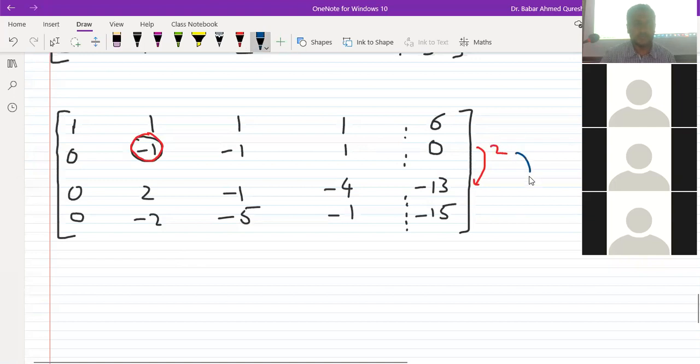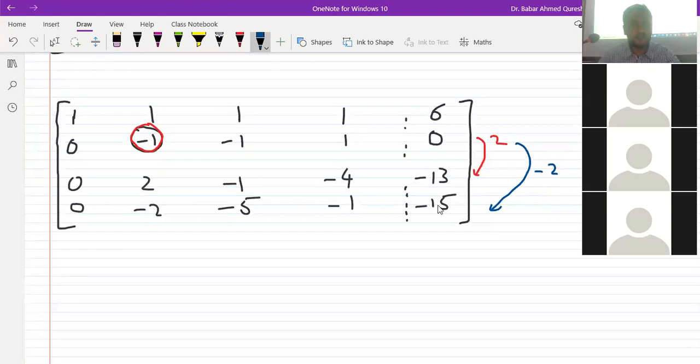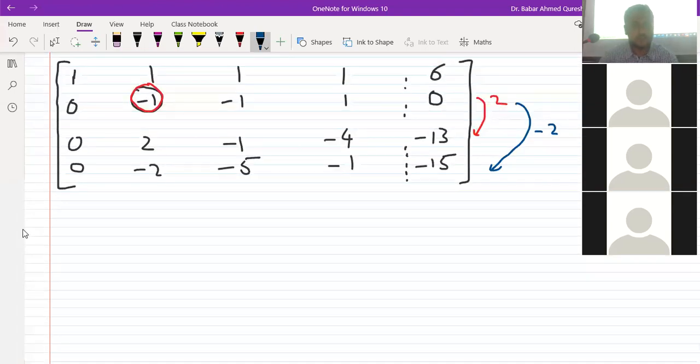And then multiply it by -2 and add to it. So when you do that, you get